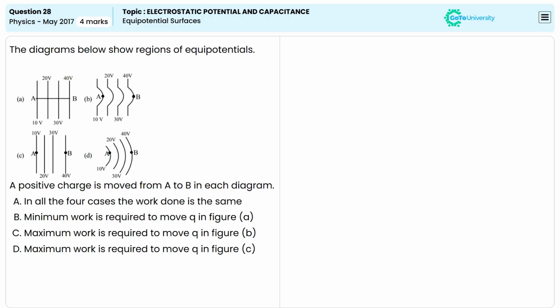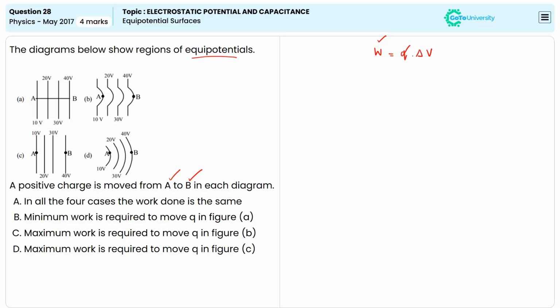A positive charge is moved from point A to point B in each diagram, and it's given that the charges are on an equipotential surface, and the question is about the work done. It's known that the work done to move a charge from one place to another can be calculated using the formula Q times ΔV,